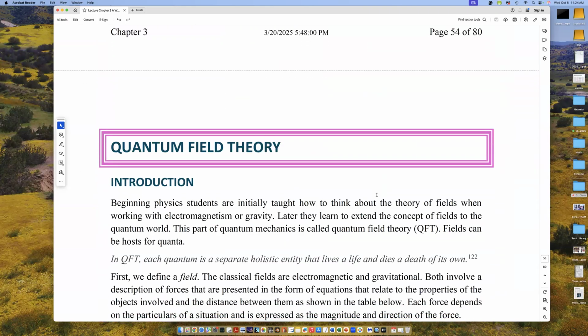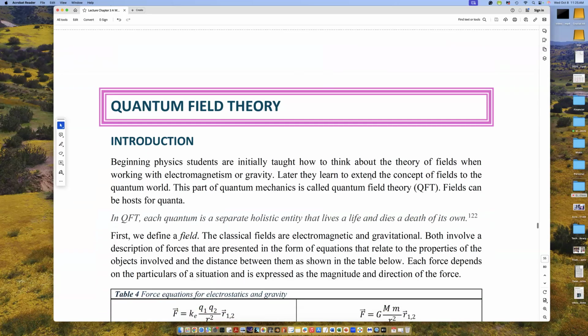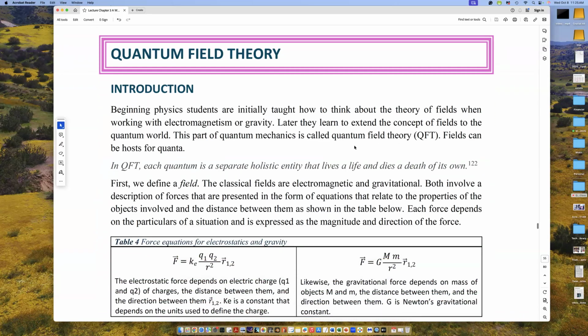Now, what we've just talked about for the last 6 or 7 minutes was quantum electrodynamics, the interaction of charged particles with matter. Nowadays, students are quickly brought to a new way to work with quantum theory, and it's called quantum field theory. And in quantum field theory, there are no particles. There are fields, a disturbance in a vacuum that, under the right conditions, facilitate the presence of particles.